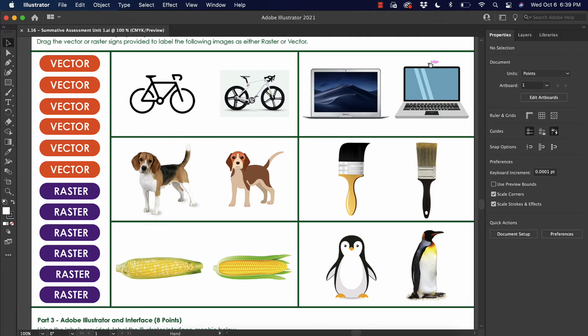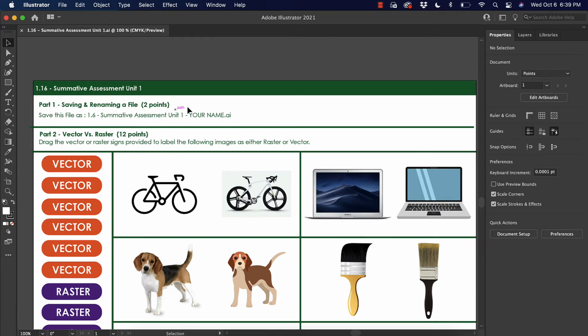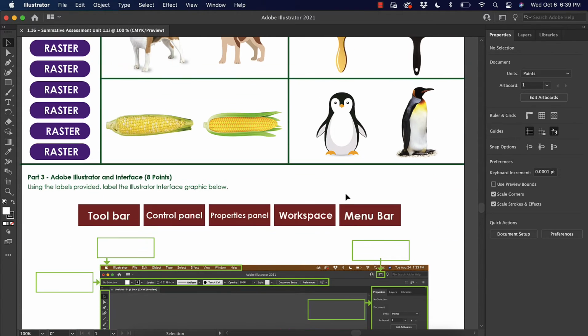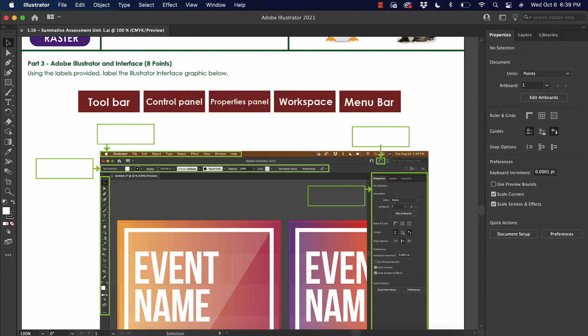The first section asks you to save your file as a specific name. For full credit, it must have this name exactly. Second section asks you to label vectors and rasters, just like you did in class, with the labels provided here on the left. The third section asks you to label the interface of Adobe Illustrator, the way we did in class,